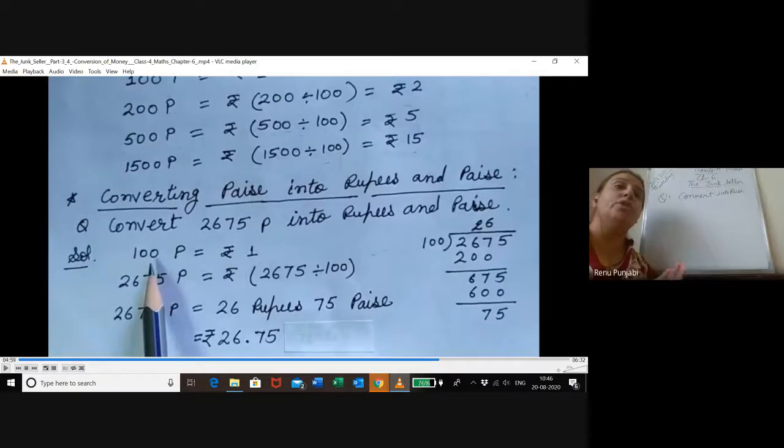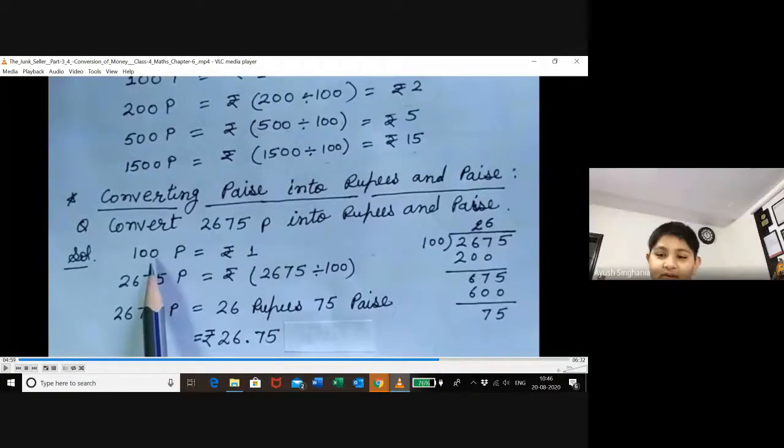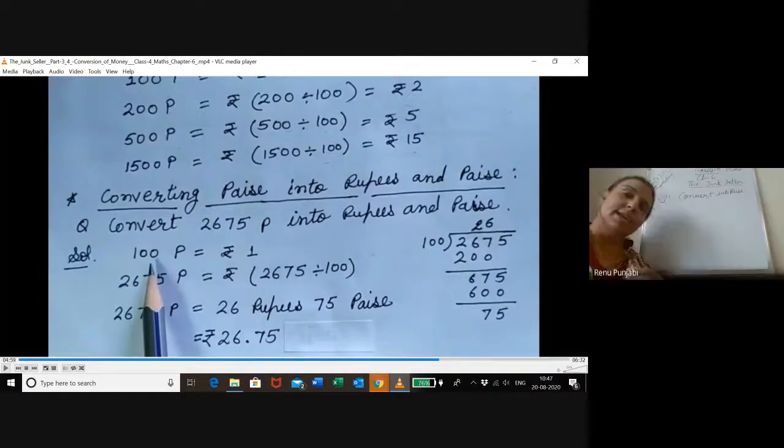But if you want to learn the division, which is already explained to you, how to divide the numbers with 100, 1,000 or the numbers which have 0, that is a different case. In that, the last 3 numbers will be separated because it's 1,000. Because it has 3 zeros, the last 3 numbers will be separated and the remaining will be separate. That is in the division. But right now they are doing it with 100. Why only with 100? Why not with 1,000 and another number? They should be clear with the concept that 1 rupee equals 100 paisa.